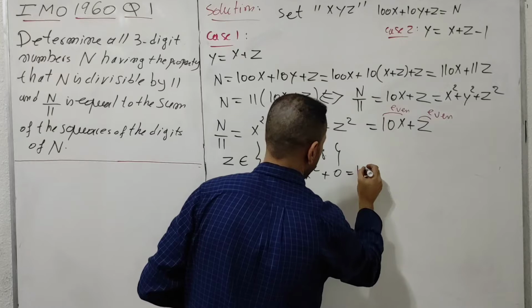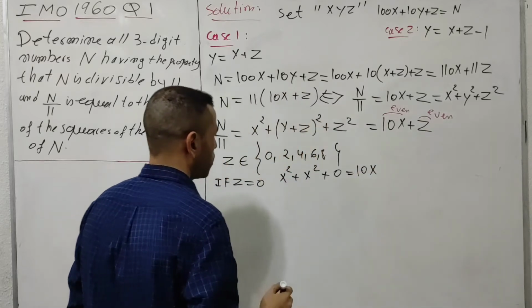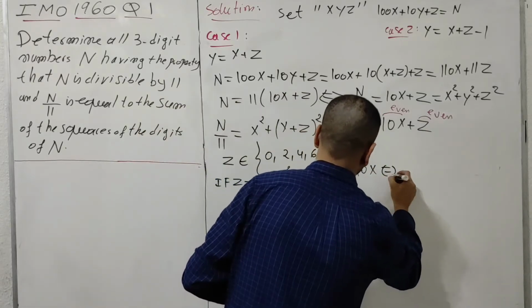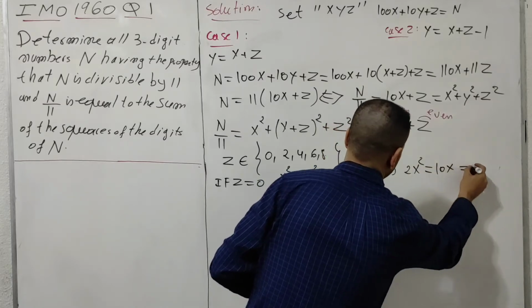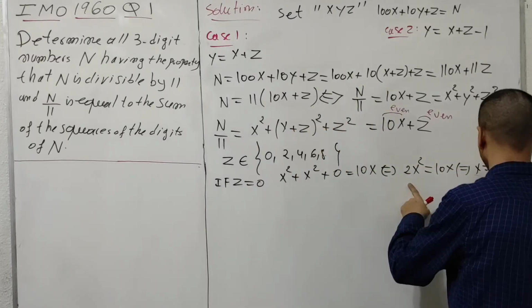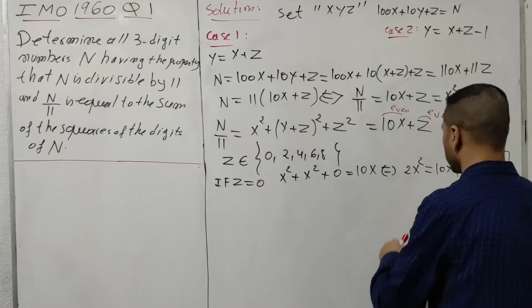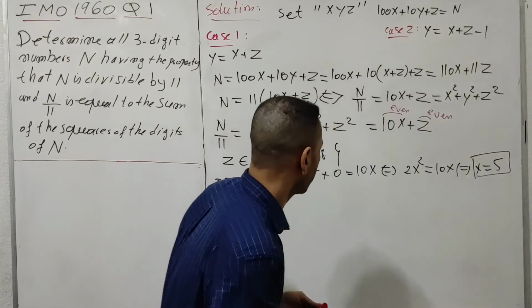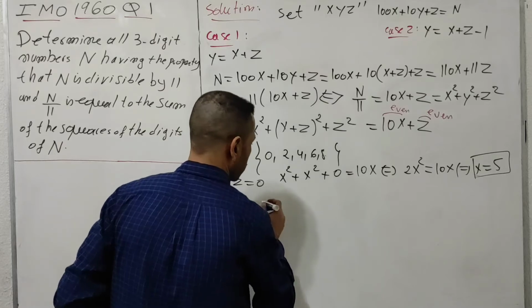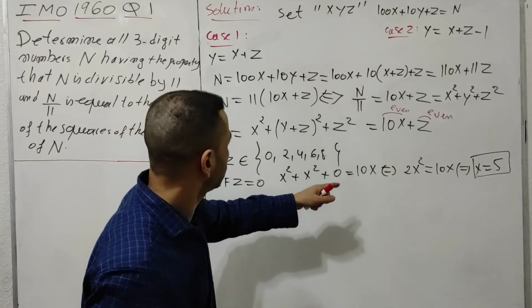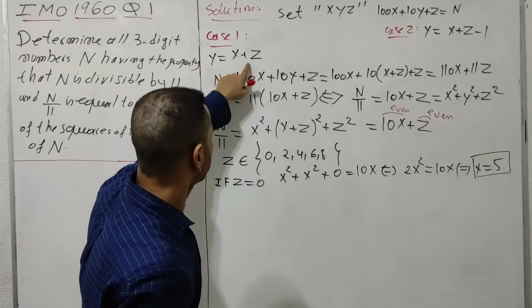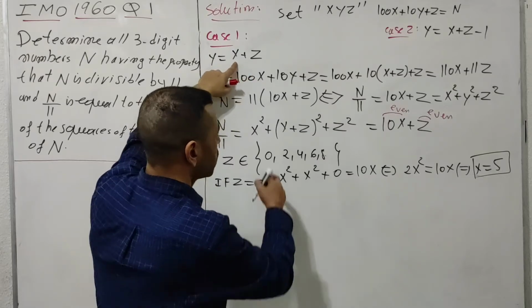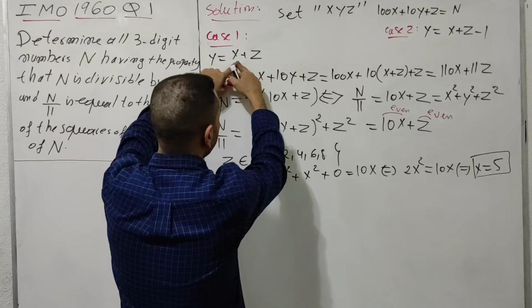This one is giving us 10x because z is taking number 0. So equivalent 2x squared plus 10x, equivalent x equal to 5. Okay, now we found x equal to 5 and we found z equal to 0, and for y, since we have the relationship y equal to x plus z, that means x will be replaced with 5 plus